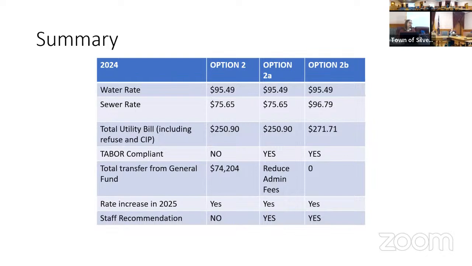Can that somehow be incorporated in the way we plan for and think about and talk about the next future increases? You know, incorporating this, in 2023 we spent down the general fund balance to offset the negative balance we had accrued. So let's look at how we pay that. It would have been different if we had done a loan to the funds, but since we're just reducing the fees, it's a little bit more nuanced. Or I guess it's a little bit more straightforward that you're just reducing the fees rather than if we were to do a transfer, that would be a loan. Yeah. And then you could commit to repaying that back.